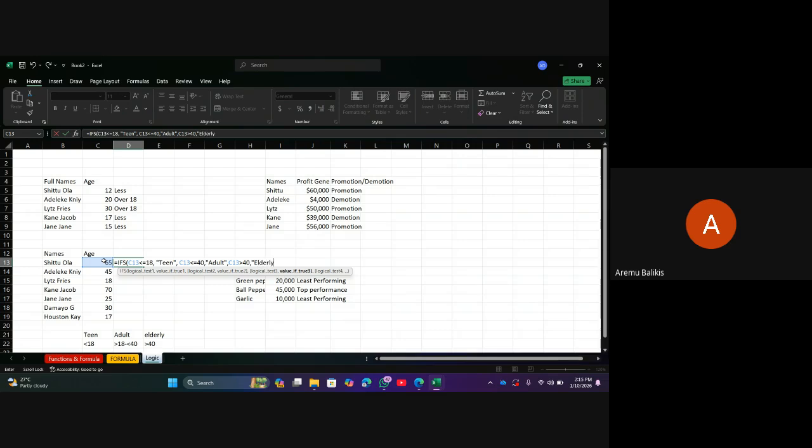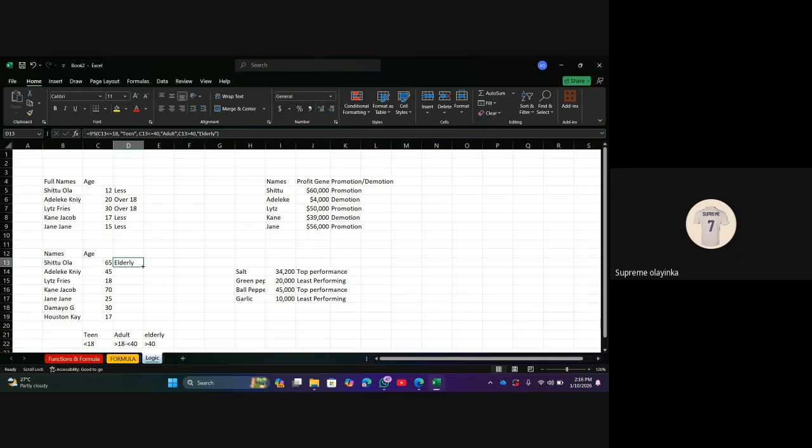Can we do greater than or equals to 40 for this elderly too? Because this is 40, I've already said equals to 40. So you can actually write it here. But because I've said equals to 40, that's it. Let's just look. If I see that elderly, if I can just drag it down,